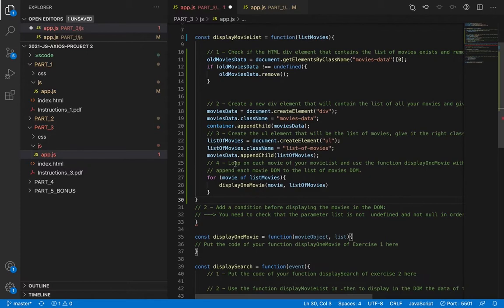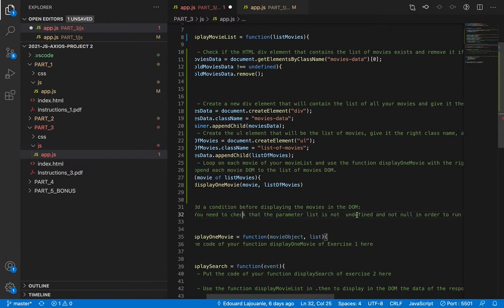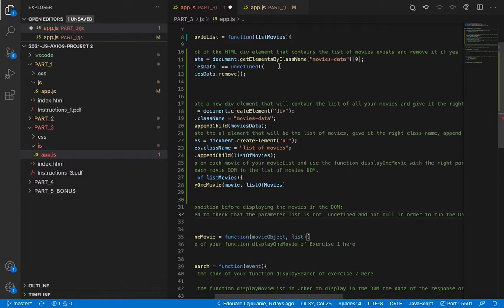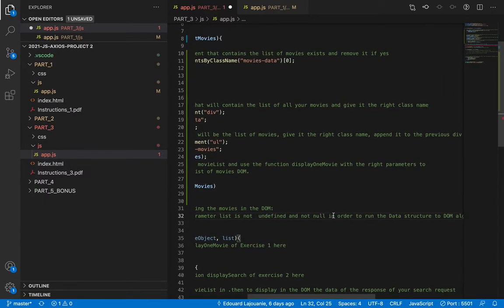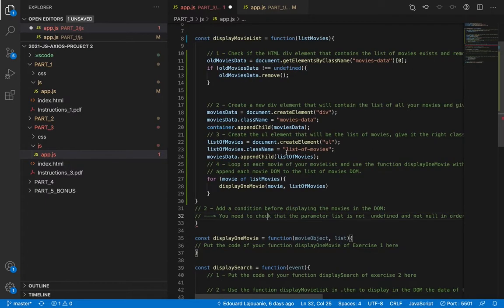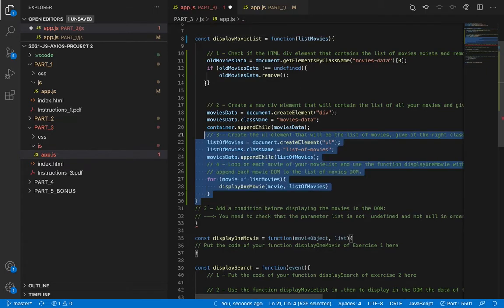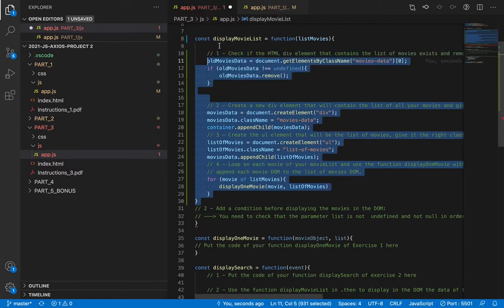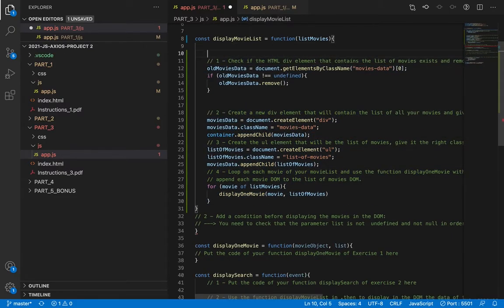All right. And second part, add a condition before displaying the movies in the DOM. You need to check that the parameter list of movies is not undefined and not null in order to run this code, all right? If the response of the request is null or undefined, you should not run this code because it will create a bug, all right? So what we want to put is if